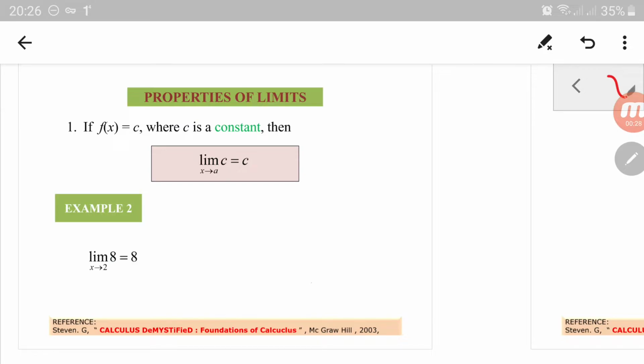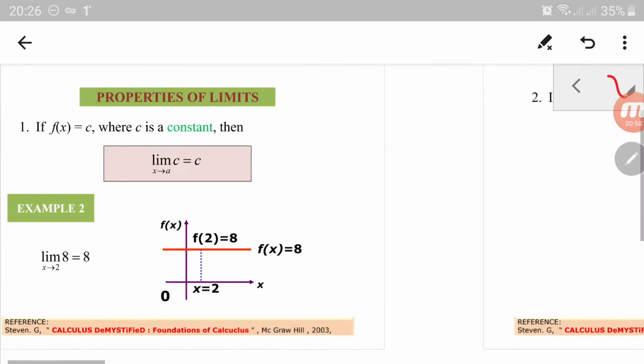Let's say we want to find the limit of 8 as x approaches 2. The answer is the constant itself, so 8. Maybe we can have a graph to accompany our example. Yes, the limit is always the constant itself. Okay, so next,